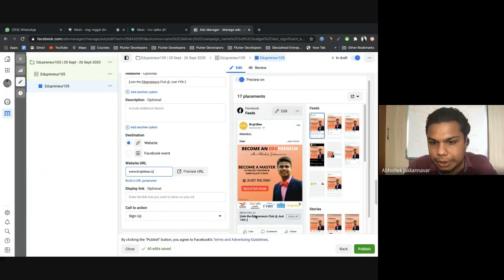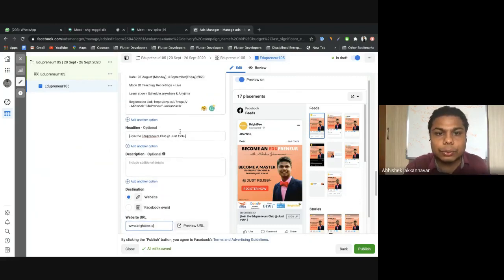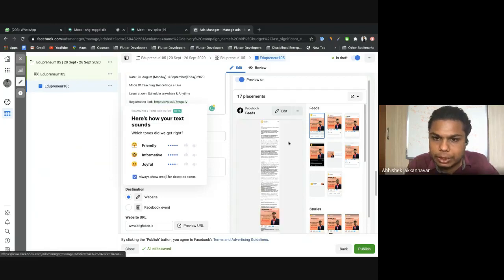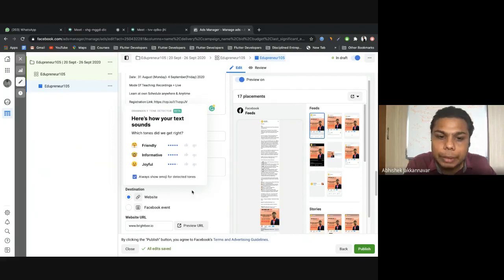It means if I click on this, on which website should it go? It should not go to brightbee.io, isn't it? It should go to this payment link. All right, there are two ways of payment. One is if I click here on this link, then it should go to the payment link. Or if I click anywhere on the poster or on the bottom right, where should it go? It should again go to the payment link only.